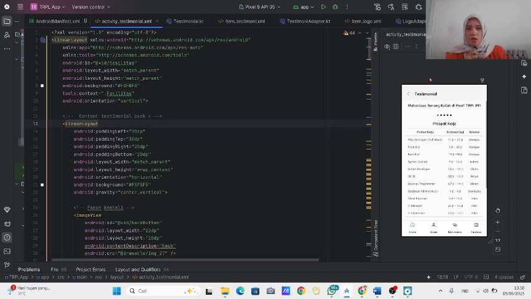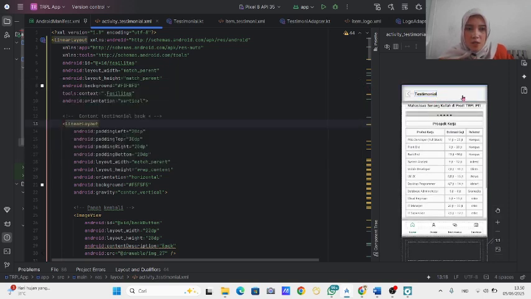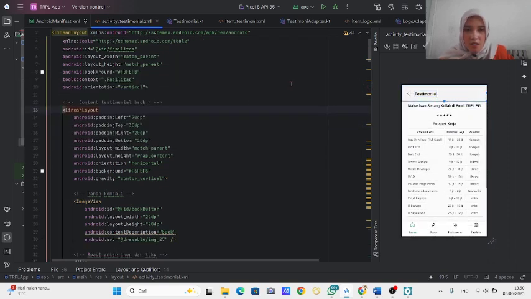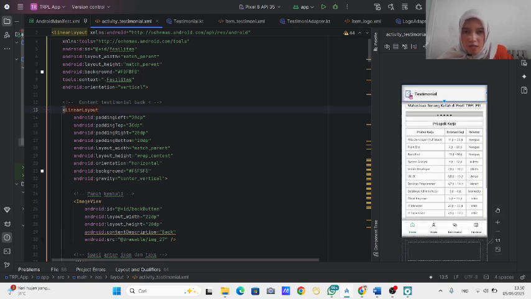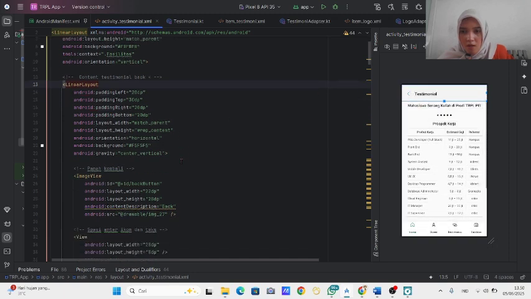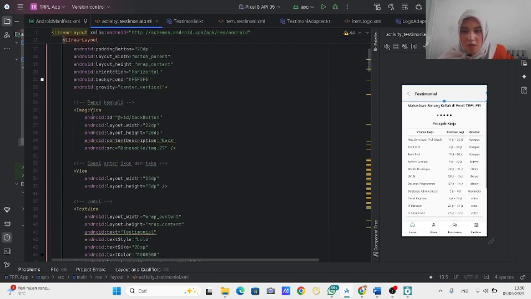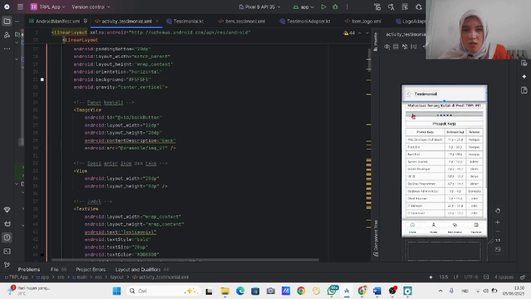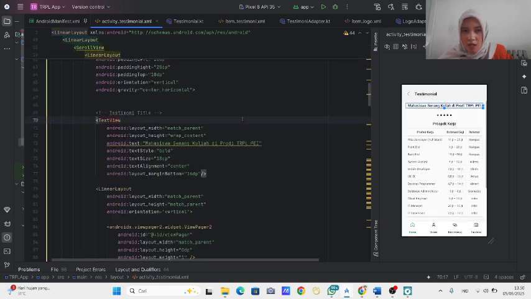Okay, now I will describe the testimonial view. First we get the header. We use a linear layout for the testimonial content, and for the back arrow we use an image view, and for the title of testimonial we use a text view.